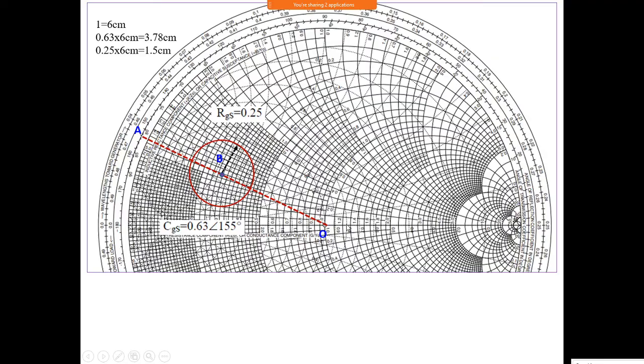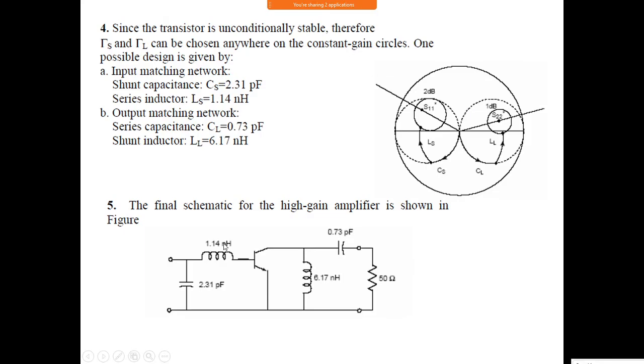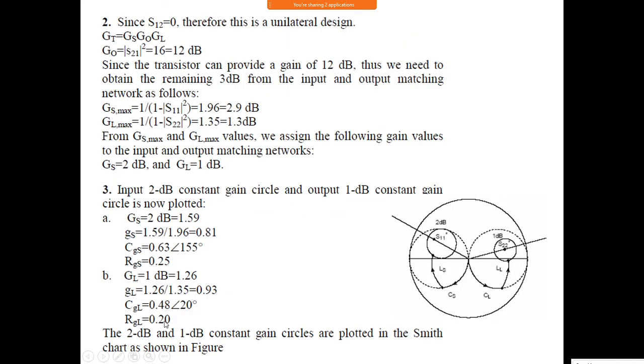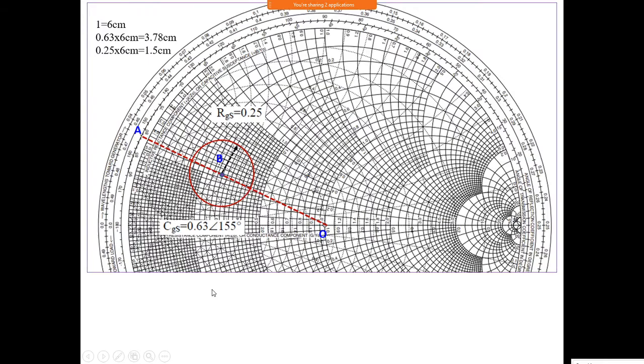Next, to get a radius, this is a 0.2 multiplied by 6 again. 0.2 multiplied by 6 you do. That is a radius. Then you can draw the circle. It may come somewhere here, like this. I have not drawn it; you can practice that. You draw a line passing through 20 degree.